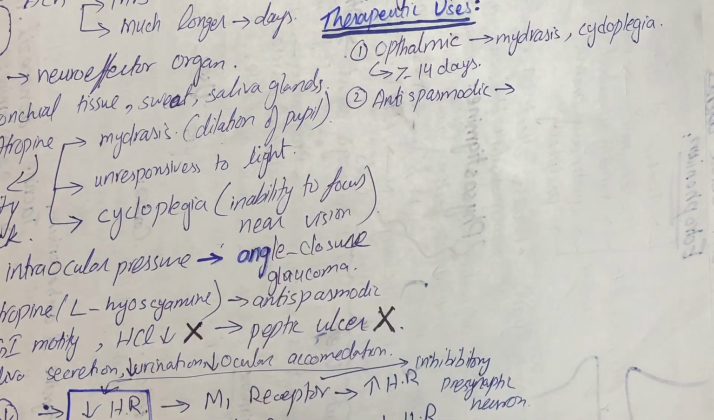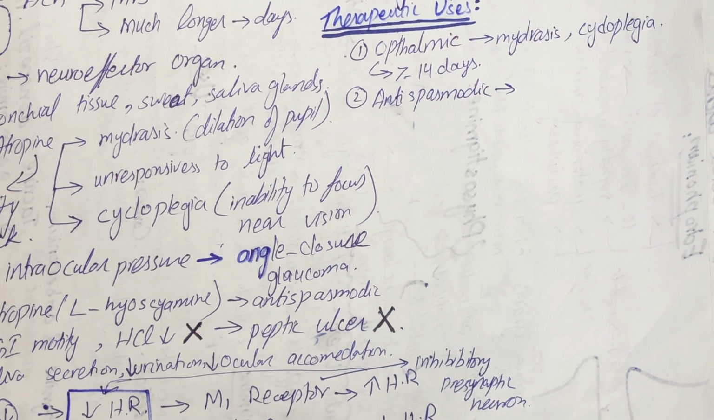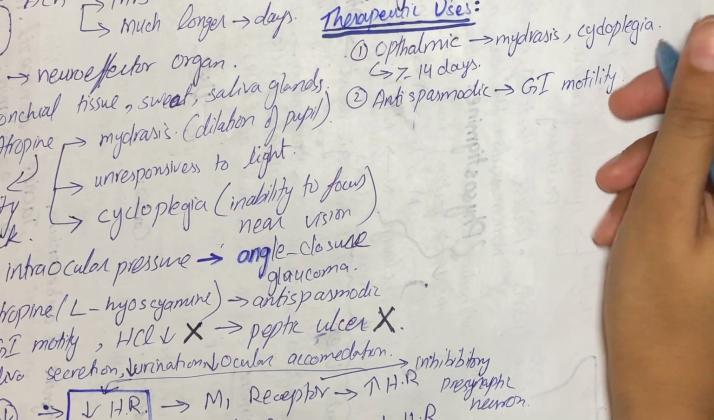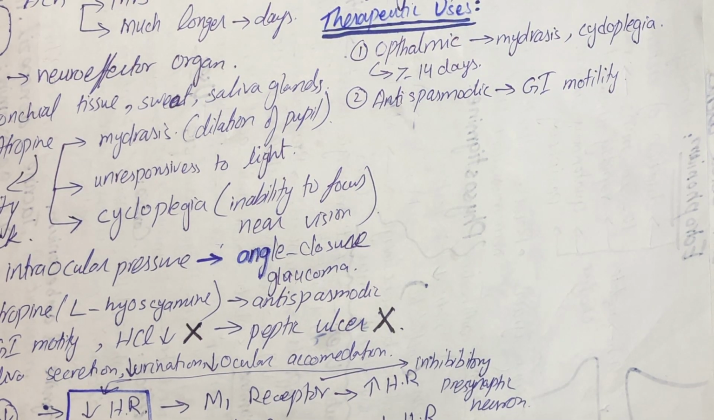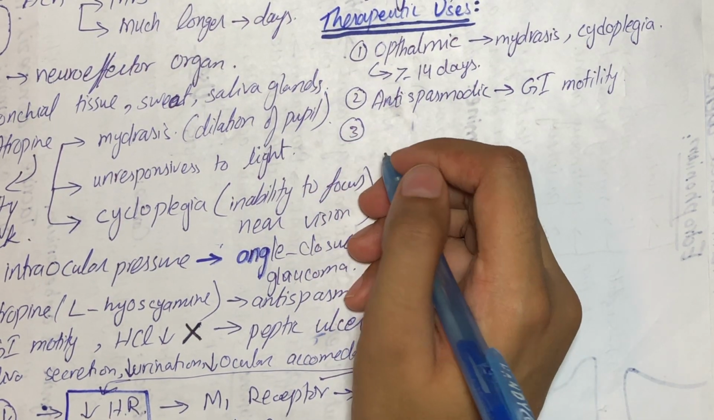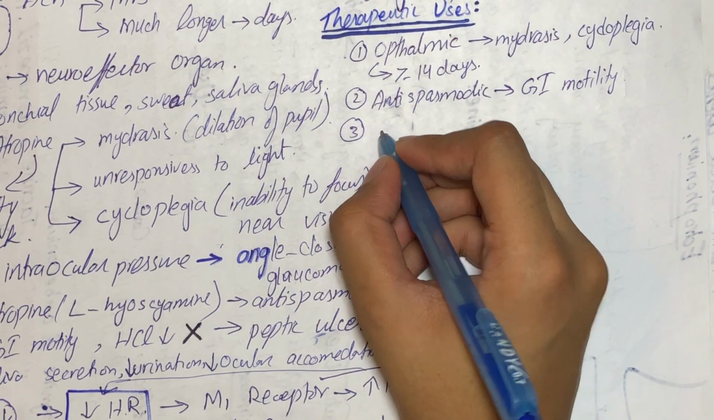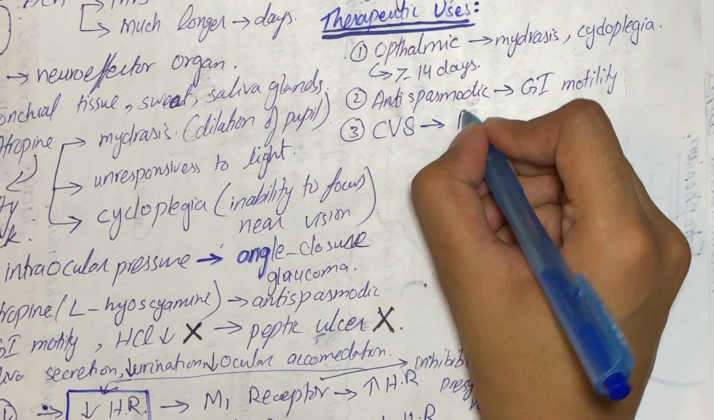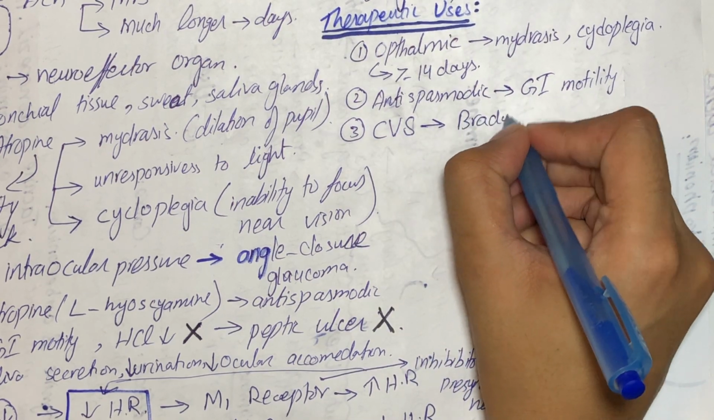As I have told you earlier, atropine can be used to decrease contractions going on in the GI tract. So GI motility can be reduced by giving atropine. The third therapeutic use of atropine is related to the cardiovascular system. It is used to treat bradycardia,